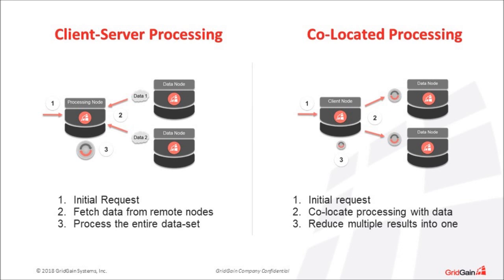Another main advantage of the data grids is collocated processing, something that was not present in distributed caches as well. What collocated processing means is, if you work with databases, most of the time you will query your data, get it to the client side, and you will have to process it on the client side. When it comes to collocated processing, you are able to send your computation directly to the server where the data resides. So instead of moving data to the client, you're moving computation to the server side. This way, you're able to compute in parallel across multiple servers, and most of the computations are working on the